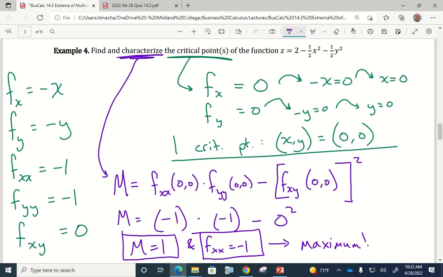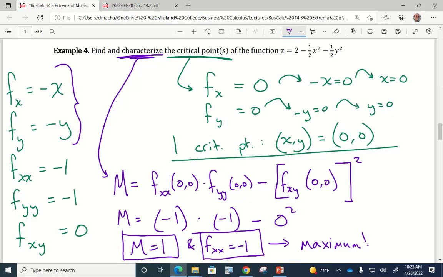Wait, how did you find the maximum? Or what did you do? So finding the critical points means you take the first derivatives and you set them equal to 0. So these were my first derivatives, and when I set those equal to 0, I found my critical point was